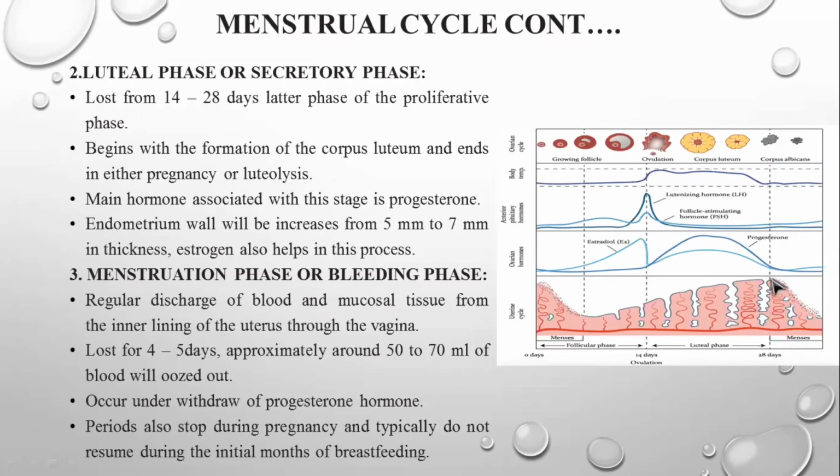So the thickness of the endometrium will get peeled off from your uterine layer, and it is going to be shed out through your vagina. So this is the entire menstrual cycle, which takes place in the female reproductive system. Okay, so next we're going to see about